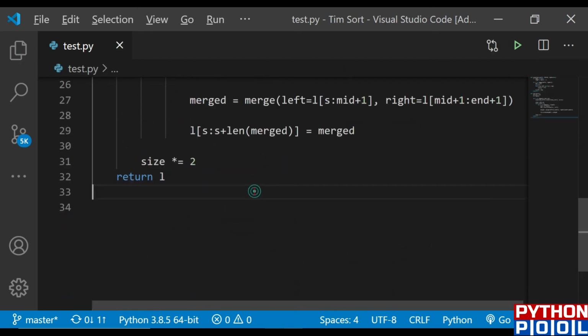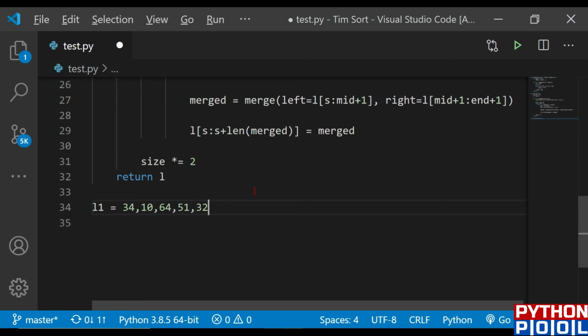Now let's define our list in L1. My list is fixed as I'm going to implement that one. So my list is 34, 10, 64, 51, 32 and 21. Let me store this in the list. After that, we'll call this timsort function.